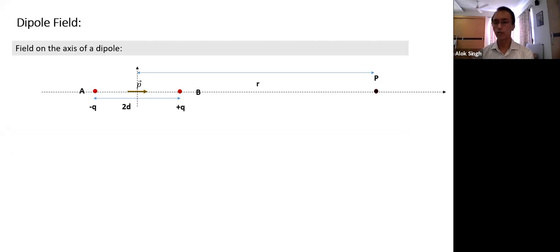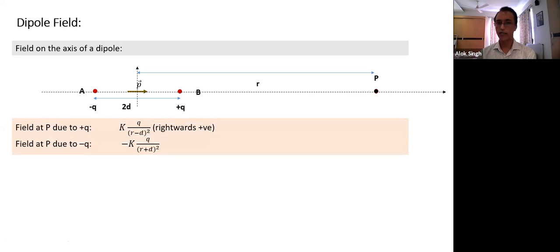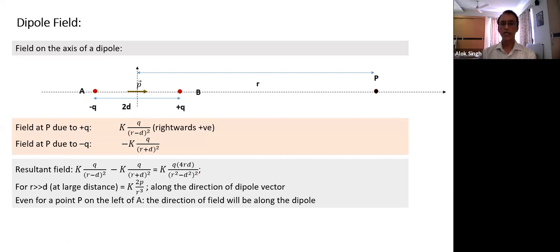Okay. Or we know the formula for field. Field is equal to KQ divided by square of the distance. So how would I find field at P? I'll first find field due to plus Q charge. The distance will become R minus D. I'll find field due to minus Q charge. The distance will become equal to R plus D. And since both are along the same direction, the x direction, I'll simply use plus minus sign. And we take the net of it, we find the field. Field due to plus Q charge, rightwards positive. Minus Q charge becomes negative because it is pointing in the left direction. We take the resultant and then we do our simplification.